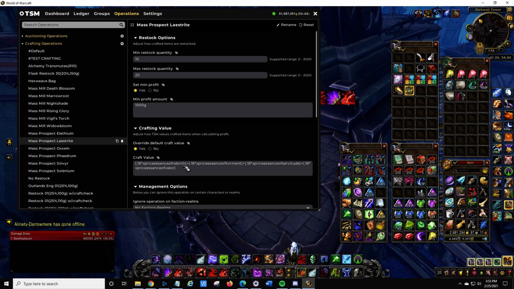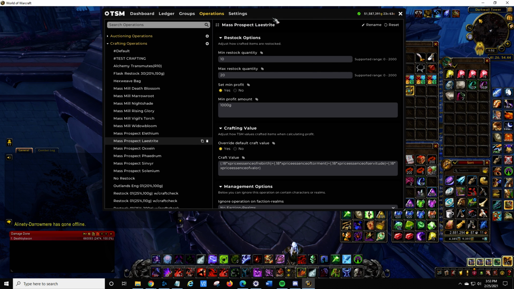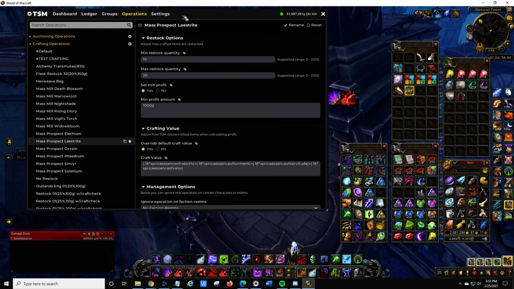But it's so hard to figure out. Okay, there's an item ID here, and then what if I want to use the min buyout or the DB market or the region value or some kind of average in between? Then what I want to do is,